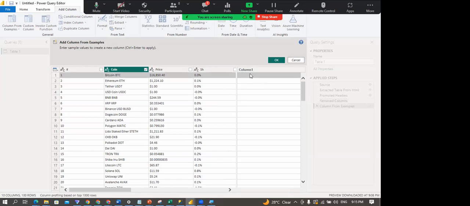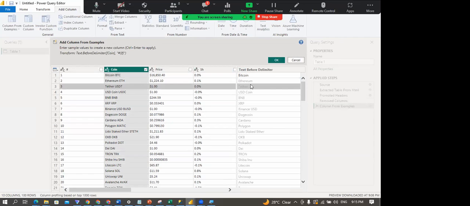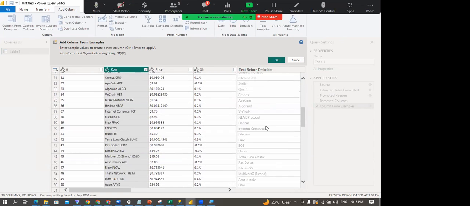So my end goal is I'm trying to create a new column where I'll extract just the coin names, in this new column. So when I come on here, I'll just type in the coin name, Bitcoin. And when I click on other rows, it's the same pattern. It replicates the same pattern across all the other rows. So you can see it extracts just the coin name without the